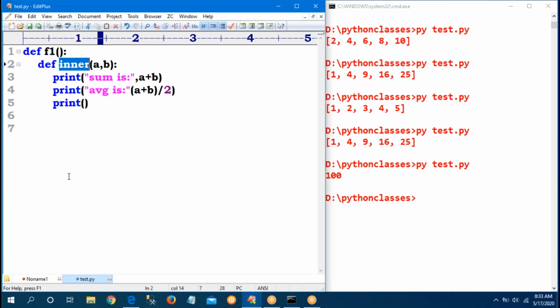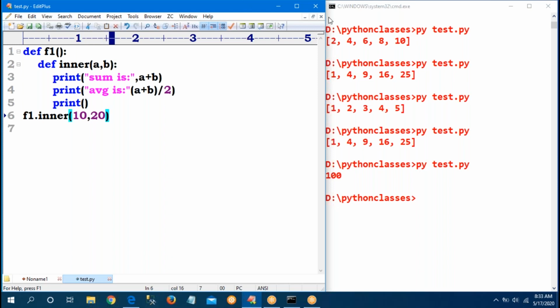If it is directly an inner function, I call inner of 10 comma 20. But inside f1, it is f1 dot inner of 10 comma 20. One person is telling like this: f1 dot inner of 10 comma 20.